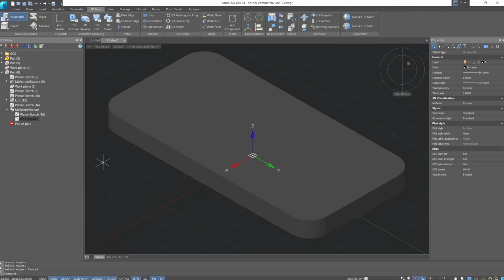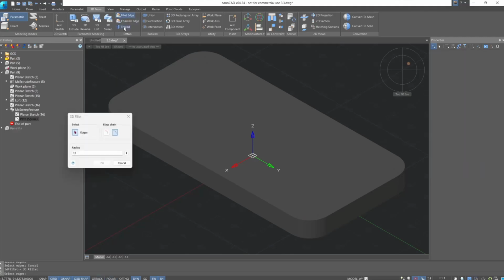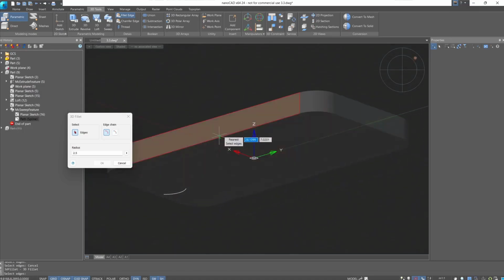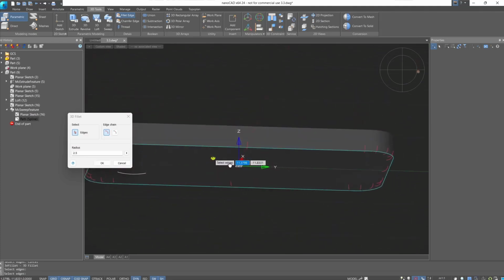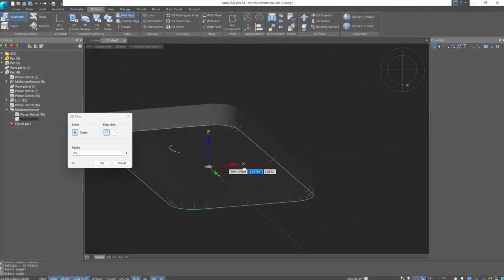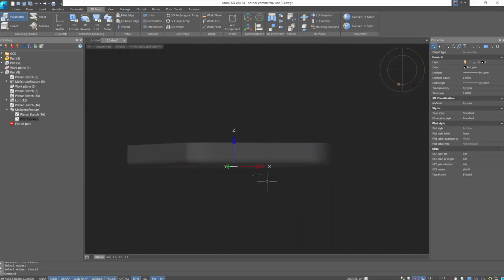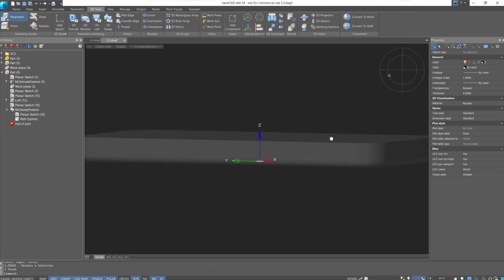Let's repeat the Fillet command. Change the radius to 2.5, and this time select all edges of the selected face. Specify the bottom face of our smartphone as the reference, and as we see by the preview lines, all edges belonging to this face will be rounded. Complete the command. Now the lower edges of our smartphone are rounded, and it will be much more comfortable to